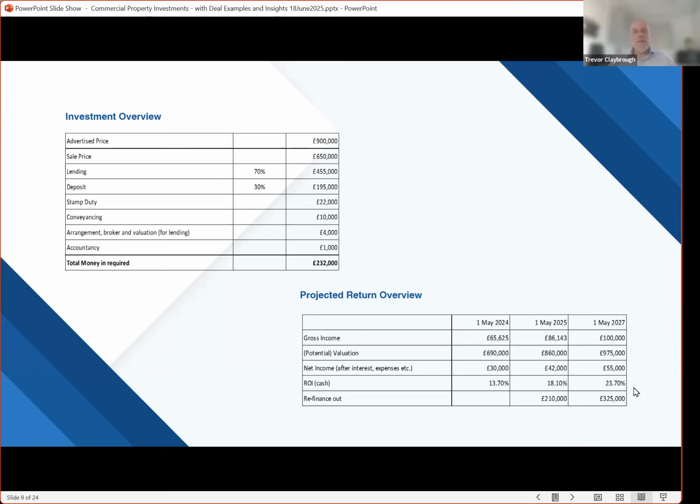Yeah, with all the figures when we're looking at deals, we're always looking at the ROI. That's the return on investment on the money that we put into the deal. It's not the yield, it's the return on the physical money that we put in to get it over the line. So we're always looking at the projections of that, generally over 5 years. And very specifically, what we're putting here, refinance out, is the potential money that we'll get out. So on this one, quite simply, there's 232,000 that went into it. Within 1 year, it's almost potentially all the money out, or within 3 years,